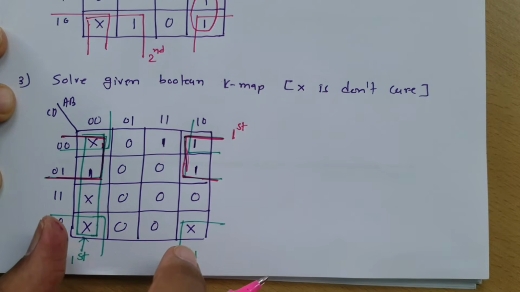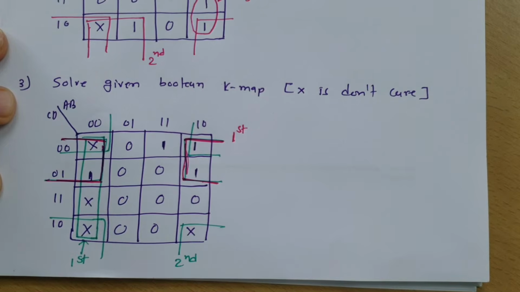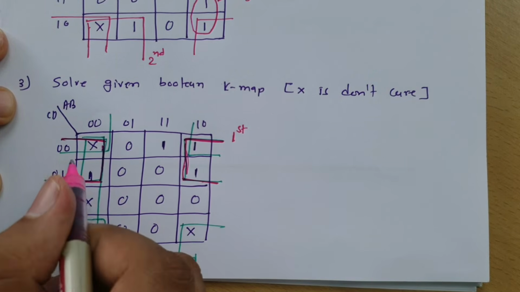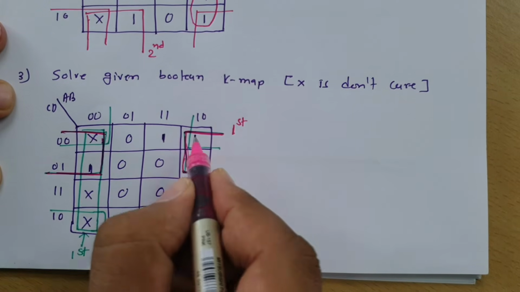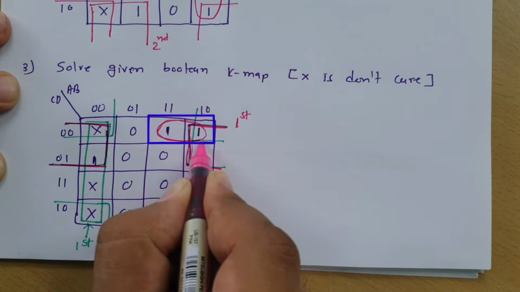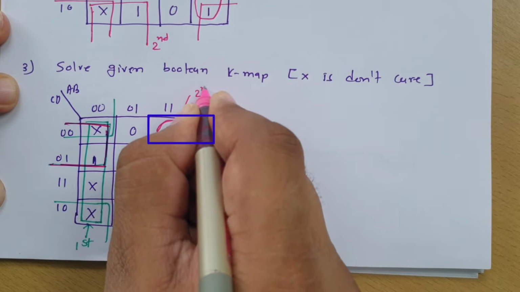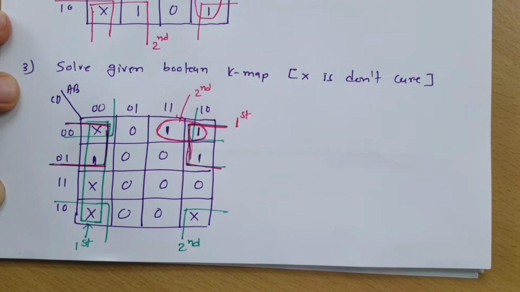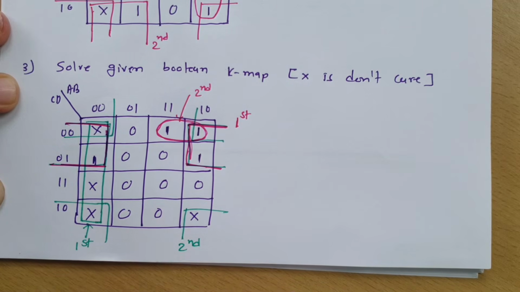I don't need to consider X compulsorily, right? But I need to cover all ones, and for that, if it is having don't care, then we can use it, but it is not compulsory to use don't care. And my second group, that is this. So sometimes this type of tricky questions will come, like you will be finding 1 2 groups are there and then this, and that is how you may have larger size. So this is my second group. So by having these 2 combinations, we can clearly solve this. So I don't need to go for these groups 1 and 2 as you can see by green color.